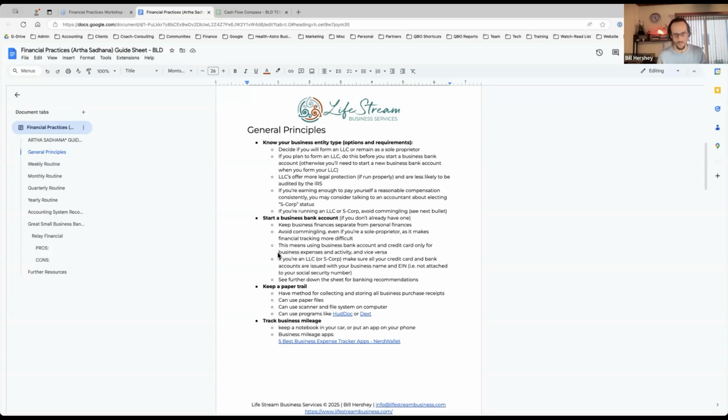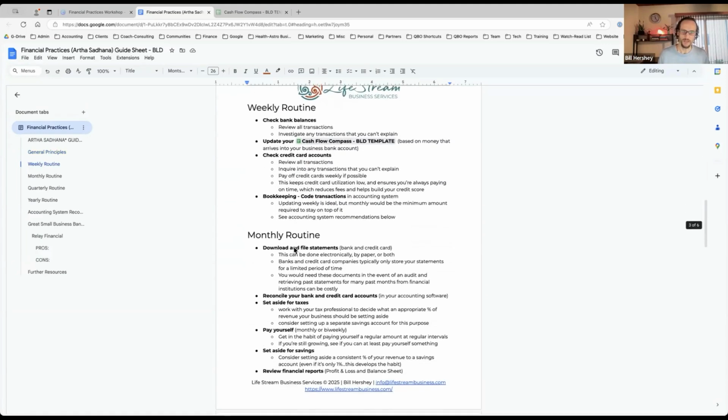Okay, so tracking business mileage. In the United States, we have business mileage deductions for travel. So having an app on your phone, there are so many different apps you can be using. If you're in QuickBooks, there's a QuickBooks thing that you can put on your phone to track mileage, or even just a simple notebook, just logging it. For me, I have a spreadsheet and I don't take a lot of business trips. If I'm driving to the airport for a business trip or something, I just log it as part of my weekly or monthly financial routine.